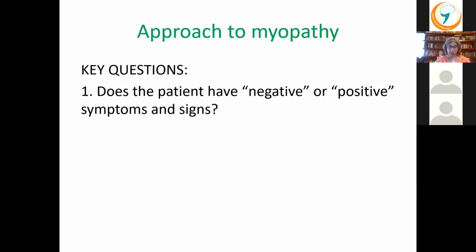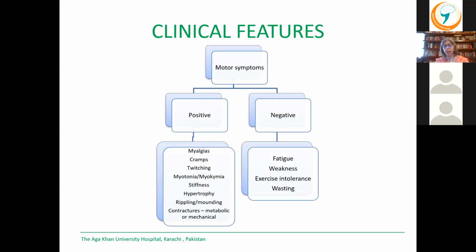So the key questions, there are 6 key questions I'm going to give you that you need to ask. First thing, is the patient having negative or positive signs and symptoms? Positive symptoms include myalgias or cramps. These can be seen in acquired myopathies, such as your inflammatory myopathies, but can even be seen in metabolic myopathies or mitochondrial disorders. Twitching, myotonia, stiffness, very specific for either things like myotonic dystrophy or channelopathies, which include myotonia congenita